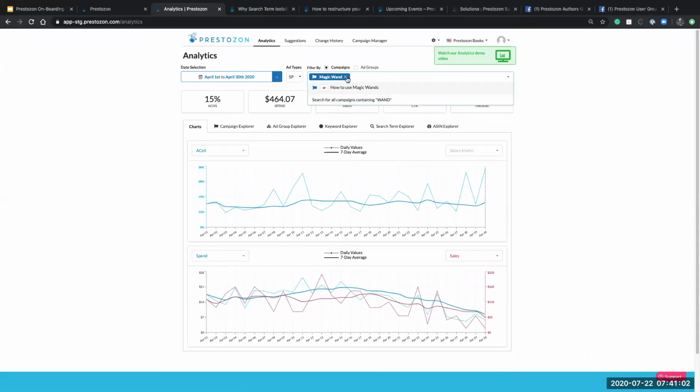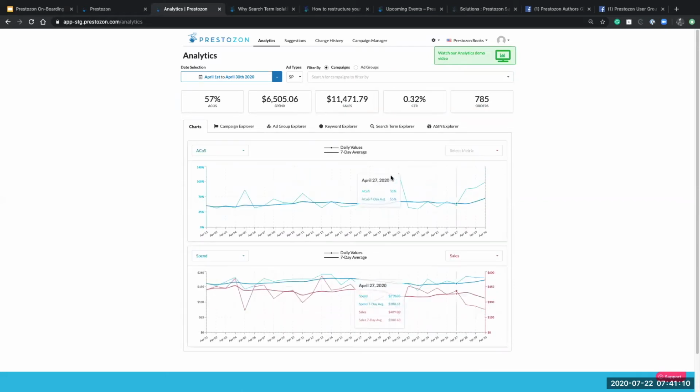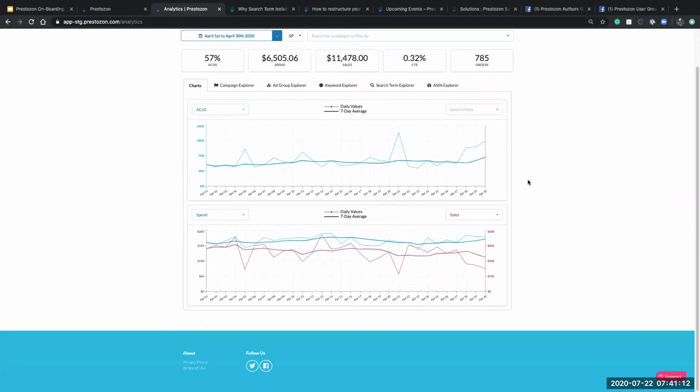Underneath that, you will see these two charts here. These are a really great way to get an overview of an account, to understand what's going on in your account. And one of the ways that these charts can be really useful is you can look for what we like to call inflection points. An inflection point would be a major change in your account. Maybe you